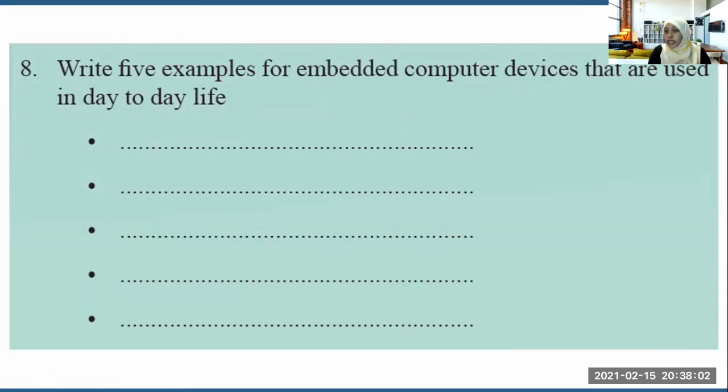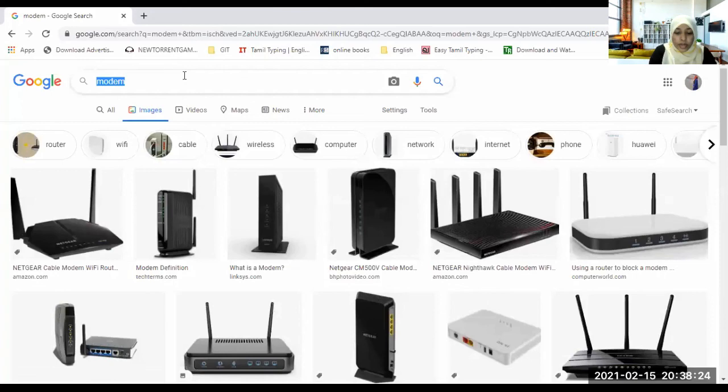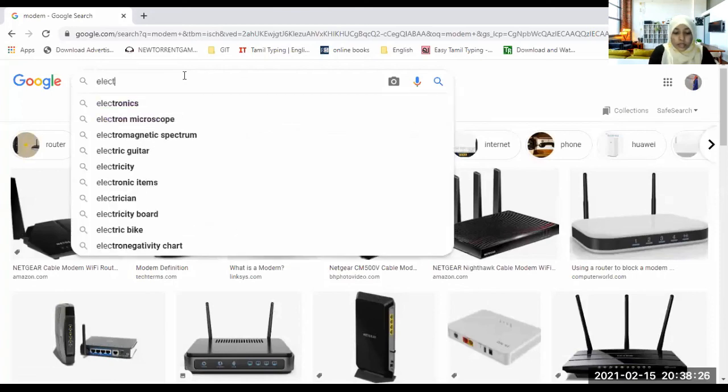Embedded computer devices mean whatever device runs with a program. For example, an electronic safe. Do you know an electronic safe? Shall I show you what an electronic safe is? There are some electronic safes at home, right?